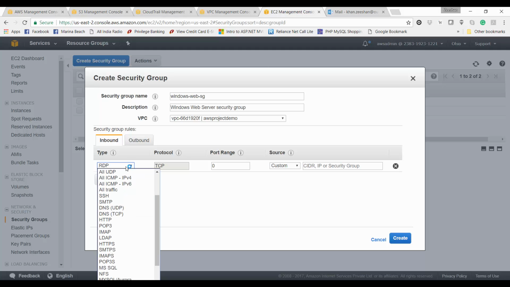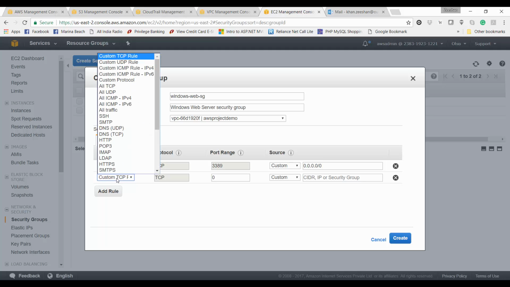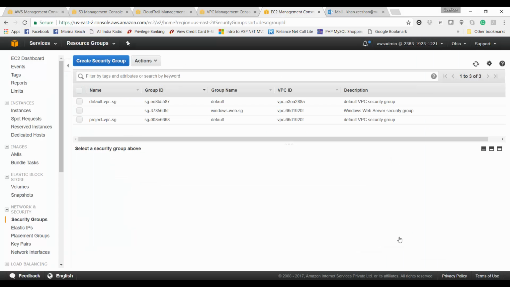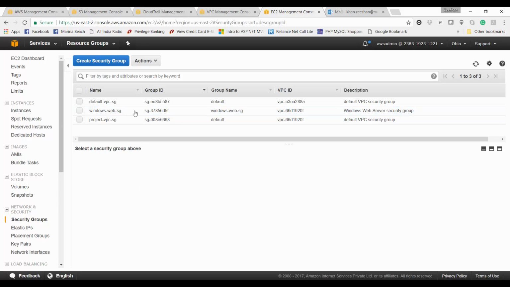And since I will be needing RDP access to the server at times, and since this is just a demo server, I am allowing RDP from anywhere. In production you should allow it only from your PC. And I also need HTTP port access from anywhere, and just create it. So now here it is created. I'm giving it a name tag as well. So Windows Web Security Group,